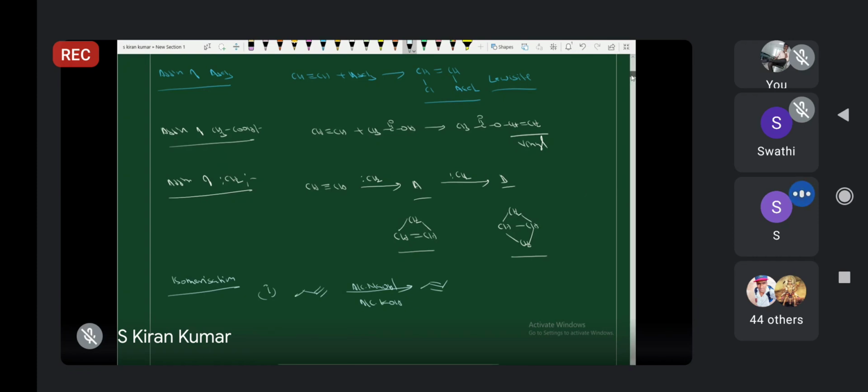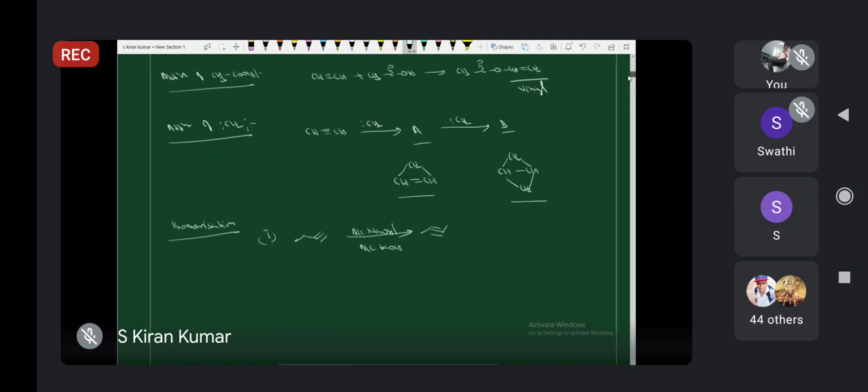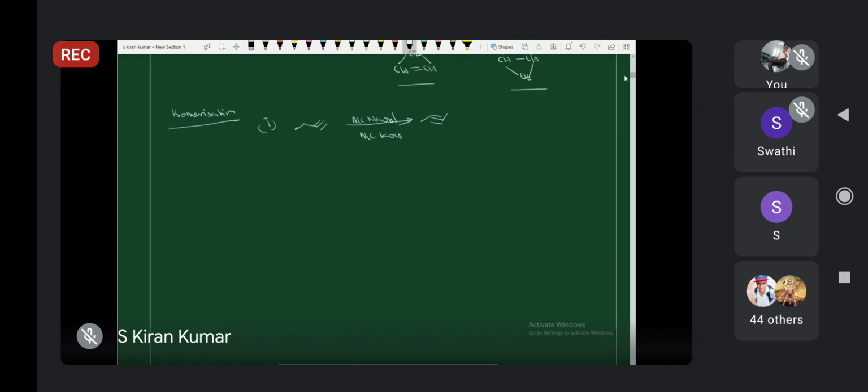What is the base in alcoholic KOH or NaOH? Mechanism for this one. This is also an important reaction. The isomerization reaction is also important. How is 1-butyne isomerized to 2-butyne? When it reacts with the base,